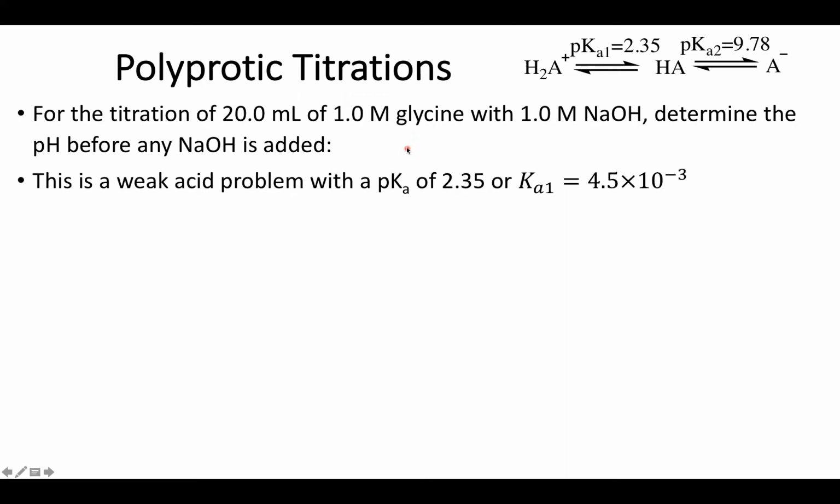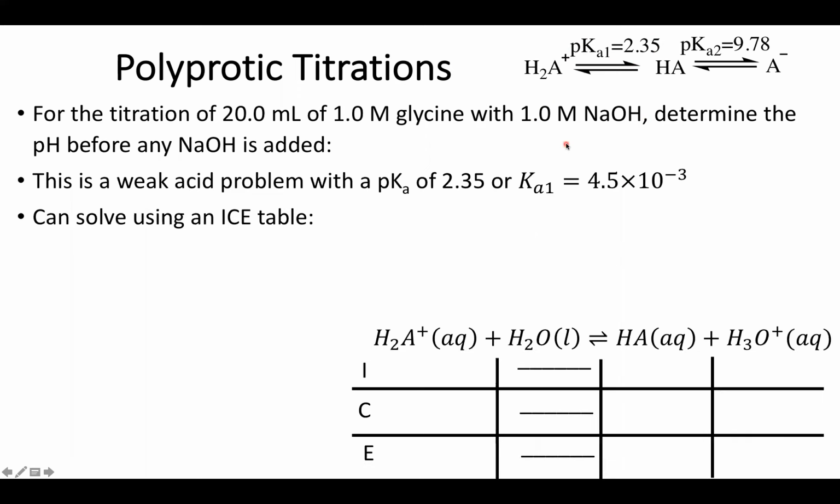So at this point, the only thing present is going to be a weak acid with a pKa of 2.35. So we can then convert this to a Ka of about 5 times 10 to the negative third. And so this will just be like any other weak acid problem because we only care about the loss of that first proton. So my initial concentration is going to be 1 molar, and we're going to assume no initial